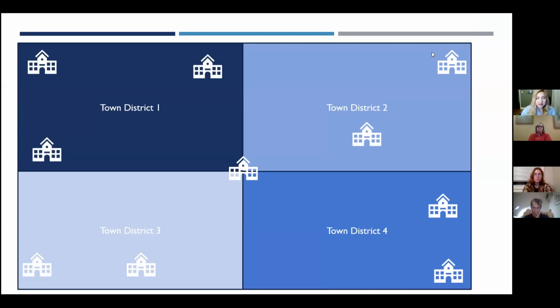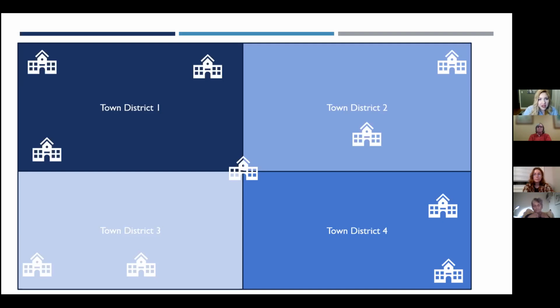So here you can see, this is a fake map. I made this up, and it's basically 4 block districts, and the little schoolhouses on this map are representative of the schools within the town. So there's 10 schools in this town, 4 town council people, and every year the town council people get together and they negotiate the budgets for the 10 schools. And as you can see, there is a school dead center on this map that is split between the 4